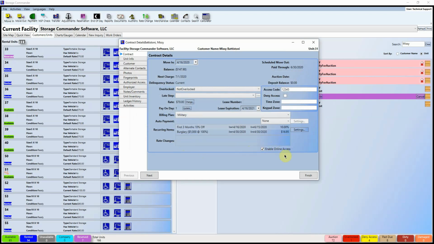Okay, now from here, you do have this option to quickly click Enable Online Access. It's automatically clicked already when you move someone in. So if you have the ability for online move-ins, online payments, something like that, they'll have the ability to do those things. If you unclick this,